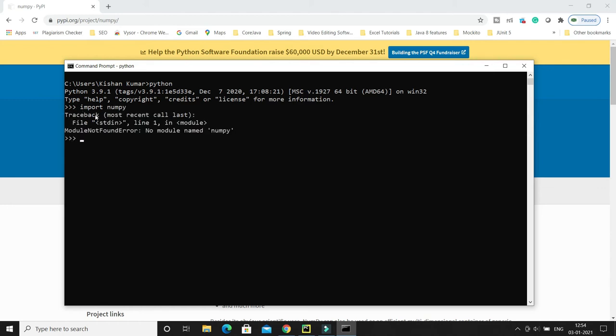If I try to import NumPy, it says ModuleNotFoundError, no module named numpy. So it is saying that there is no NumPy library installed on the machine. Let me exit from this Python terminal by calling the exit function. Now I come back to my command prompt. Let me clear this terminal.